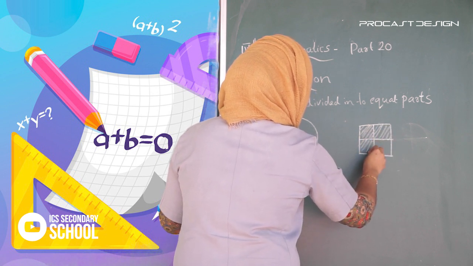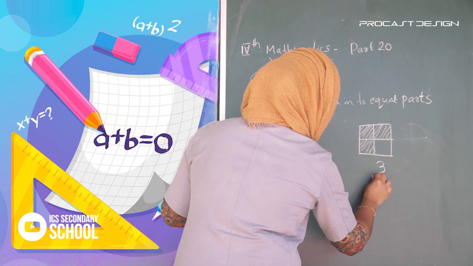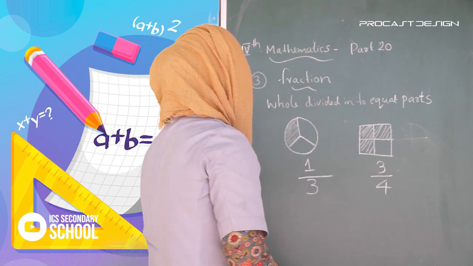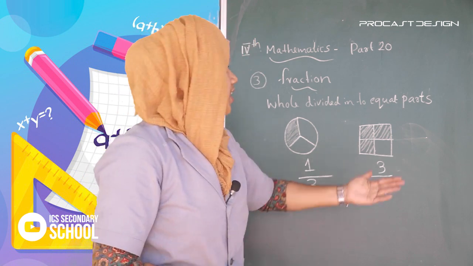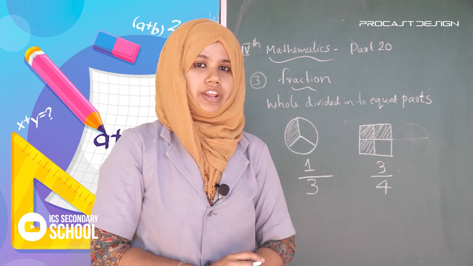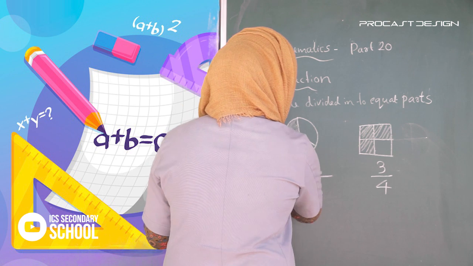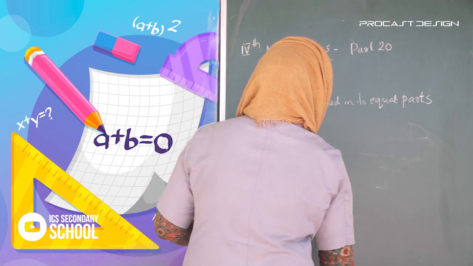This is 3/4. That means 3 out of 4 equal parts. 3 out of 4 equal parts. Okay. So, in a fraction,